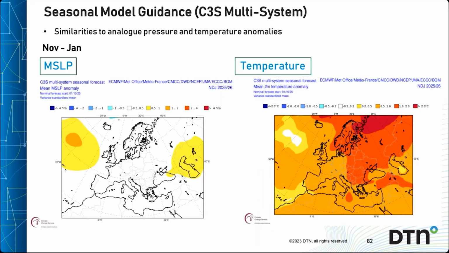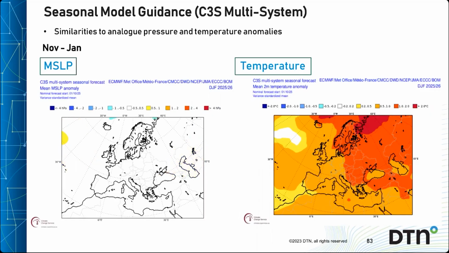One more model, in fact, a multi-system model, the C3S multi-system, which is based on the models of the main European forecasting centres, and that depicts high pressure over the Atlantic and far western Europe for the November to January period, along with above average temperatures everywhere. So still that mild theme. But for the December to March period, things become very blurred with no overriding pressure patterns showing up, indicative of a lot of disagreement across the models and a widespread of ensemble solutions. Nevertheless, the temperature outlook still shows temperatures solidly above average.